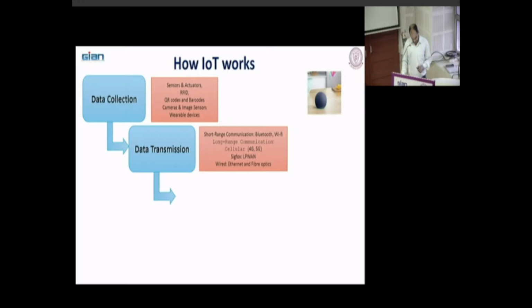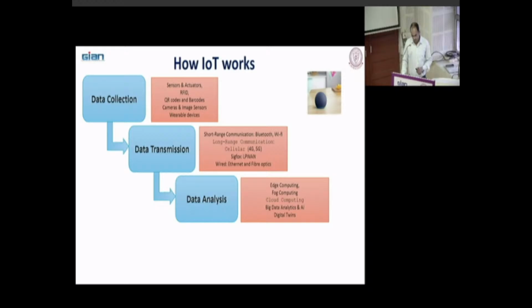Then next is data analysis or data processing. What do you do in data processing or analysis? Analyze the data, find hidden patterns and insights. If you want to predict demand, you predict demand. If you want to optimize something, for a machine, if you want to find out the life left in that machine, you do it. Suppose you want to find out the traffic on any single road, you can do that. What else could you do? If you want to optimize something, you could optimize there. There are various ways to analyze that data.